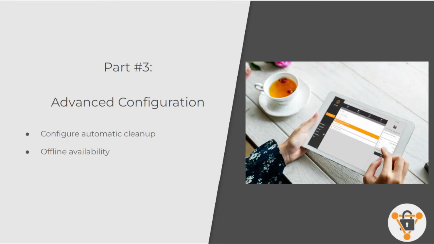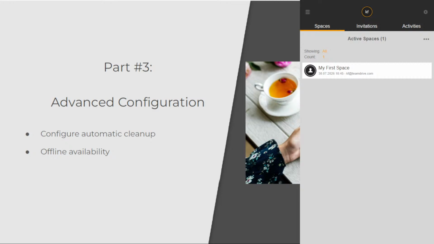Okay, so the next topic here is the offline availability. So we'll open our app back up. It is possible to enable the offline availability for your virtual spaces. It's possible, at the same time, it defeats the purpose of why you would use the virtual file system. However, it is possible. And to do so, we simply hover our mouse over the space